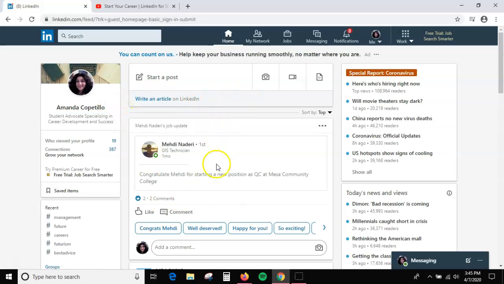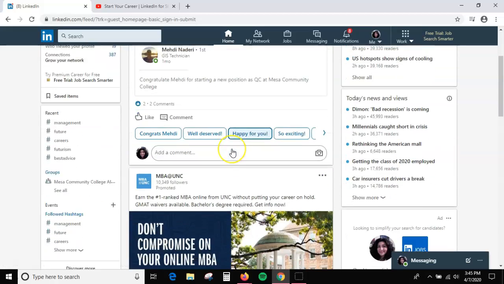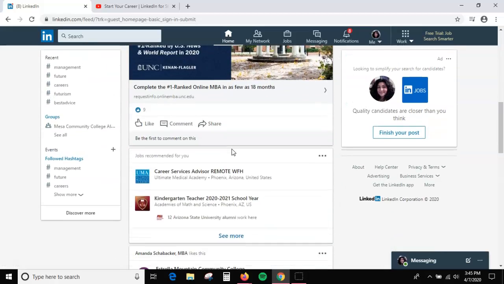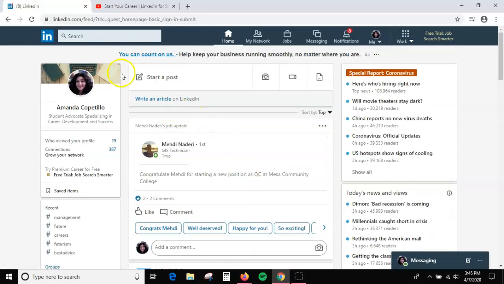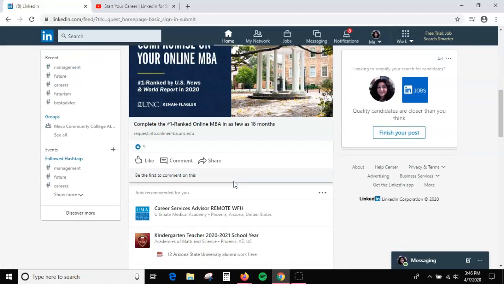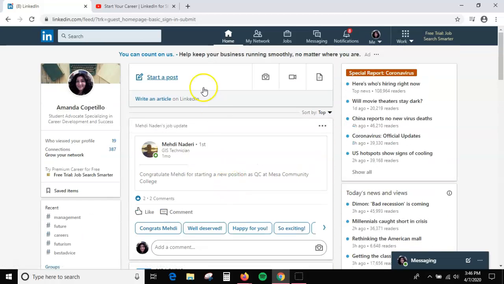You have a posting area where people are posting information. It's either people or companies that you're following that are on here. You can also create your own posts. You can put videos, pictures, and articles, or you can write an article if you'd like. So there's a lot of different things that are a part of the homepage that allow you to interact with it. So if we go back to the top, if we go into your network, so the My Network